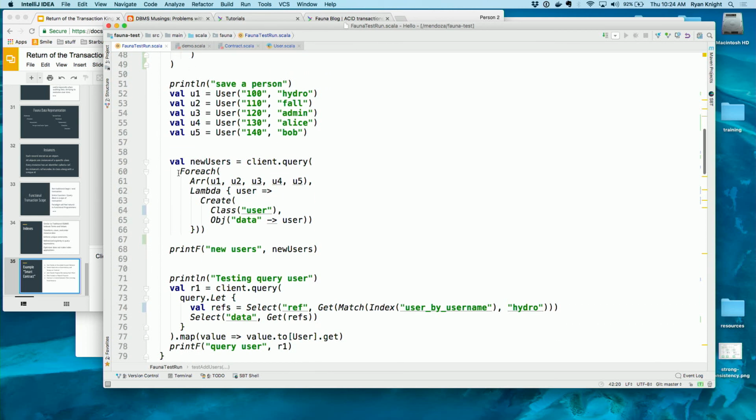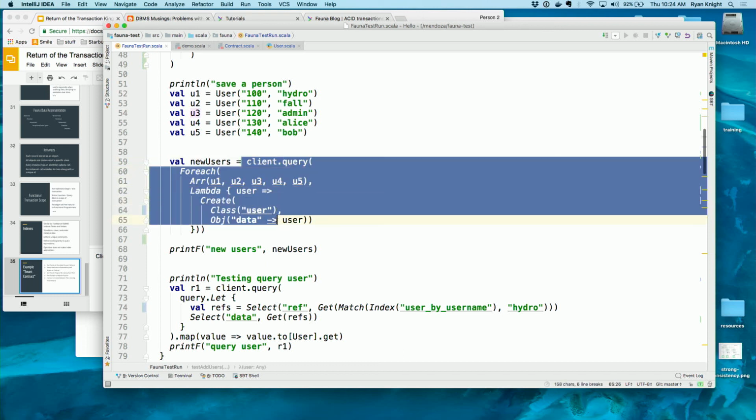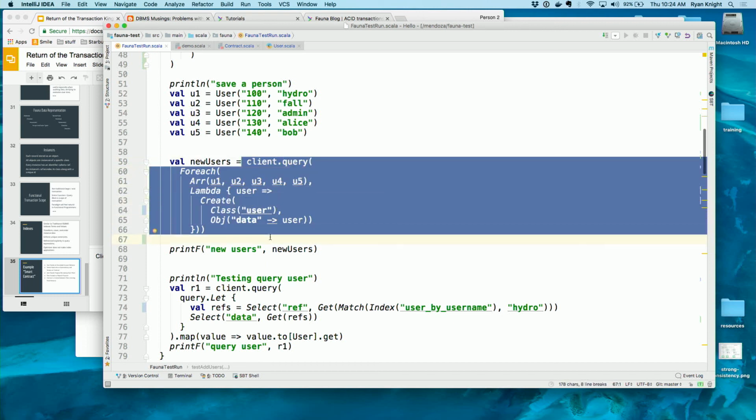And then going to how it's a functional language. As an example, say I have a list of 5 users. This entire block is a single Fauna query or function that gets submitted to the database. I'm basically passing to the database 5 users, and I'm going to iterate over each of those 5 users. I'm going to say for each of these users, do this function. I'm going to do a lambda, map over those users, and create an instance of those. What's unique about this is this is not 5 separate queries being issued to the database. This entire block of code is being issued to the database, and that function is being run inside of the database, mapping over those users.